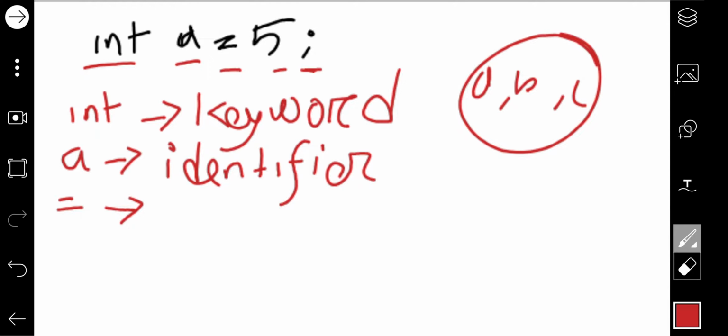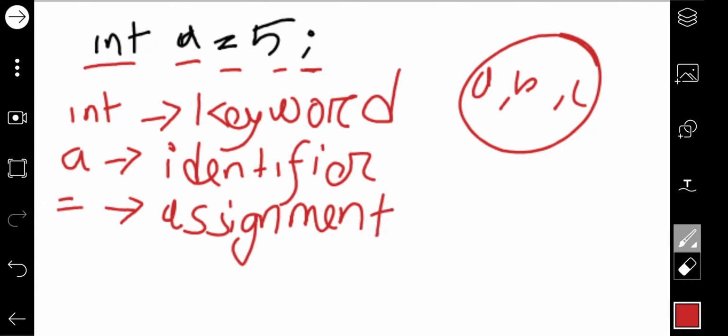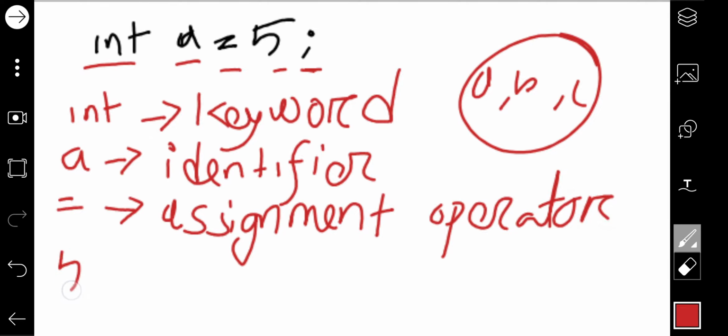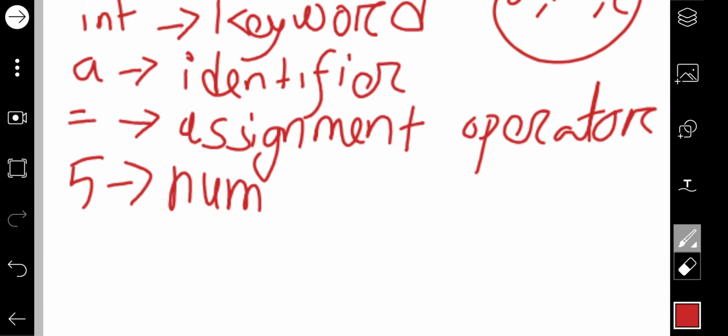Next we have equal. The equal symbol works as an operator, and that is an assignment operator. Next we have 5. 5 is a number. Then the last one we have is the semicolon. So the semicolon here is a terminator.